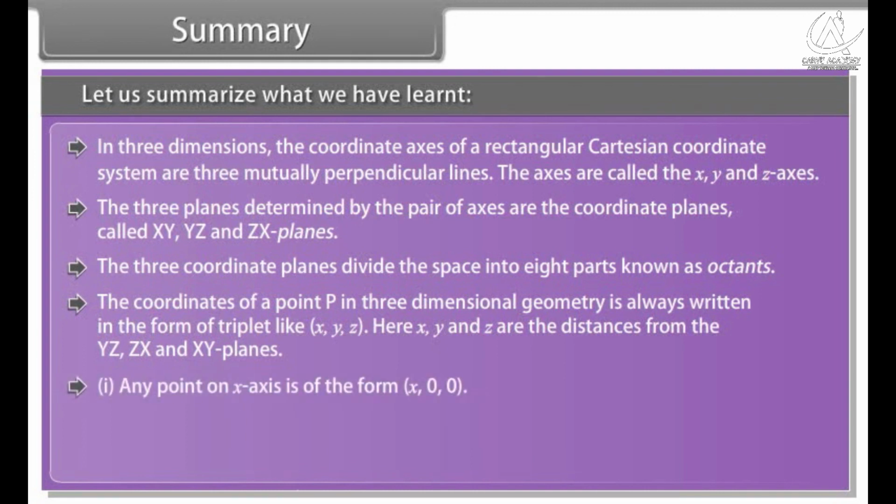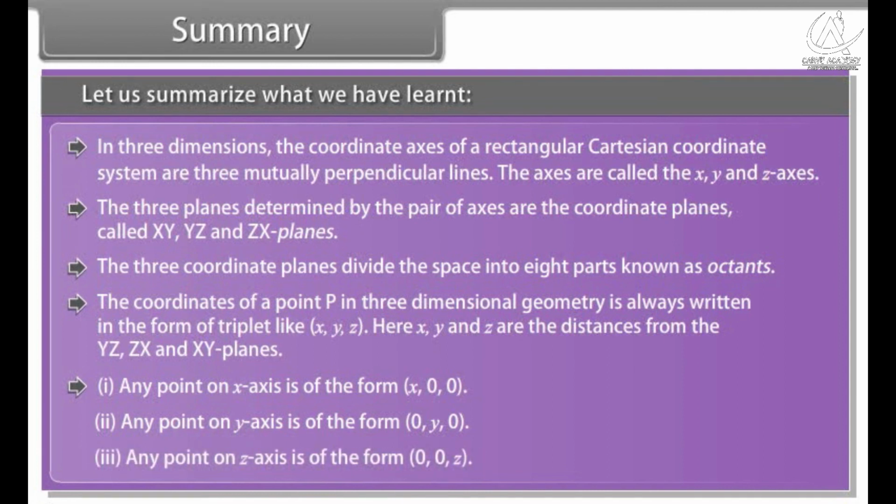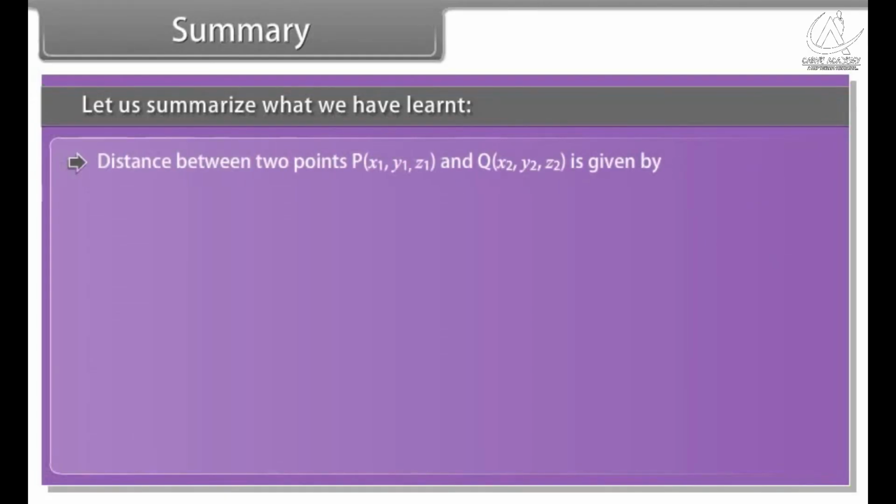Any point on the x-axis is of the form (x, 0, 0). Any point on the y-axis is of the form (0, y, 0). Any point on the z-axis is of the form (0, 0, z). Distance between two points P(x1, y1, z1) and Q(x2, y2, z2) is given by